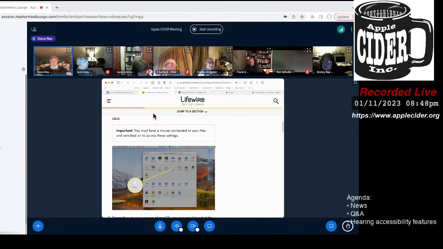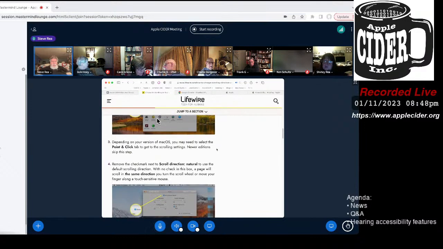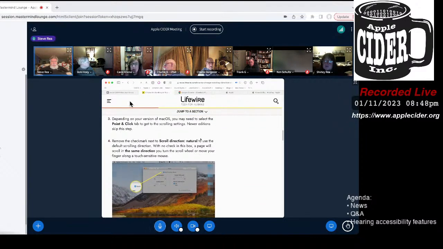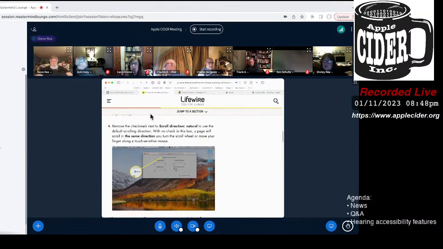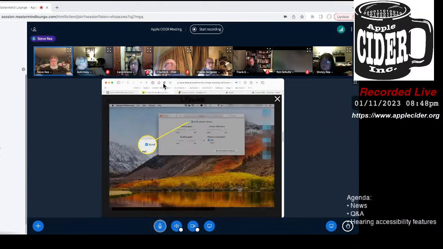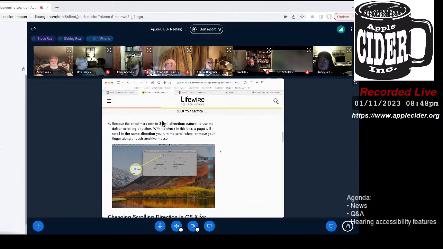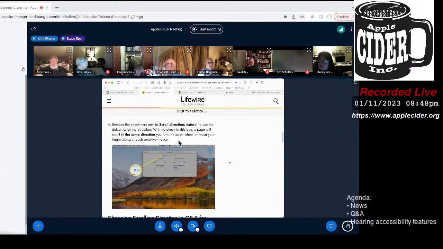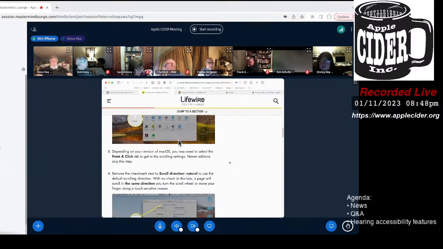So system preferences, mouse preferences. Go to point and click and remove the check mark next to scroll direction. Okay, system preferences, mouse. Yep.